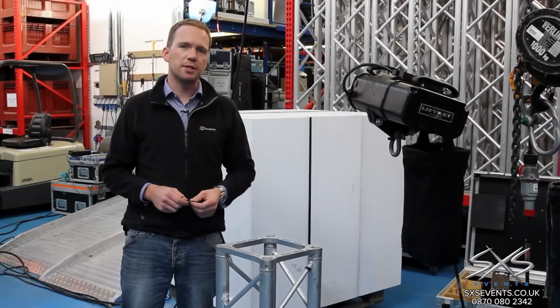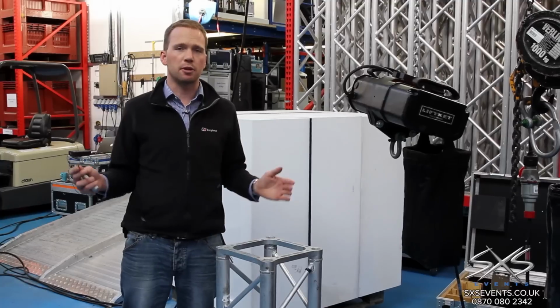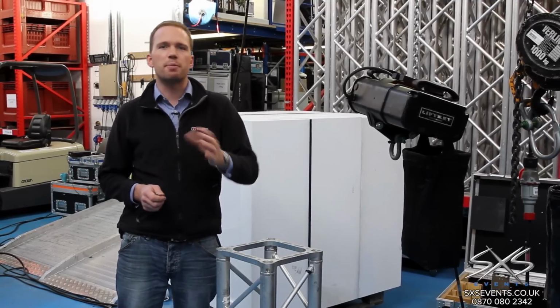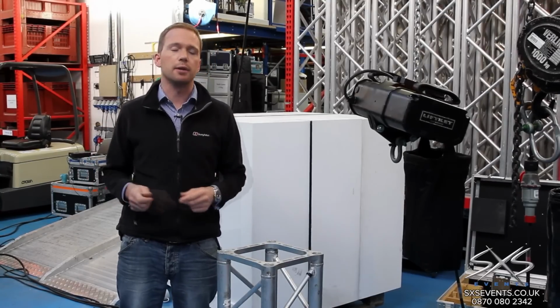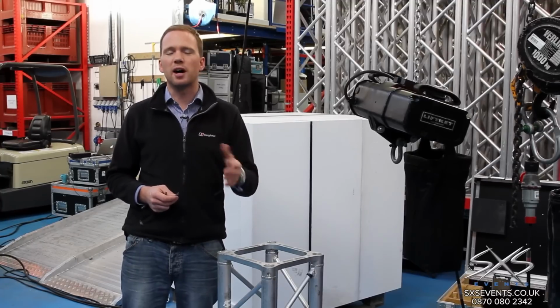Essentially our truss system is based around straight lengths from sizes ranging from 105 millimeters up to 3 meters long. That means we can do pretty much any size to the nearest about 5 centimeters because we also have some adjustable truss sections. So whatever dimensions we're given by a client, we can work to that. But it's typically more efficient to try and work with standard sizes, and multiples of 1/2 meter are the most